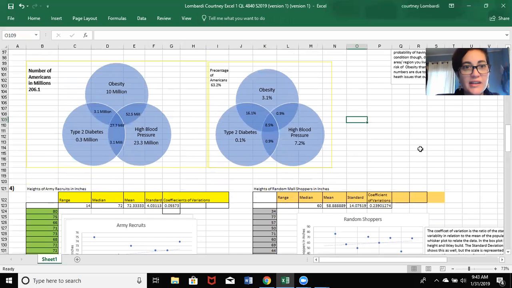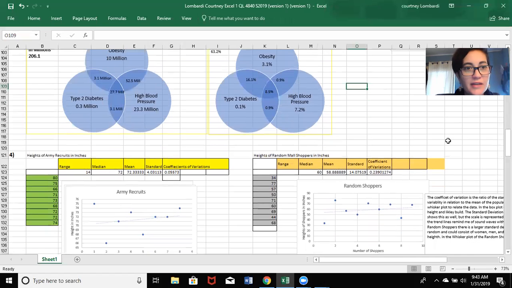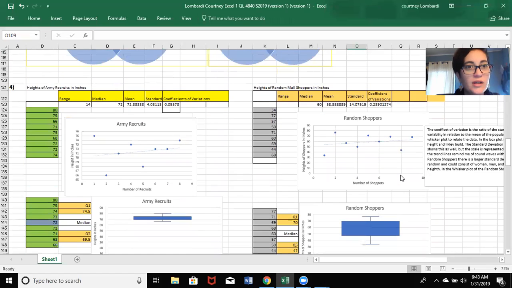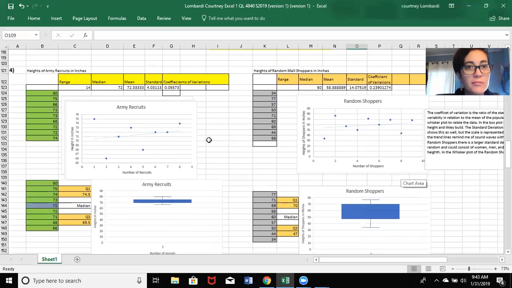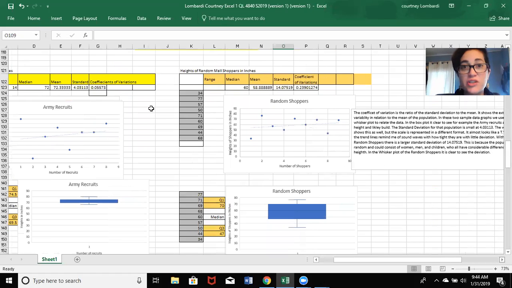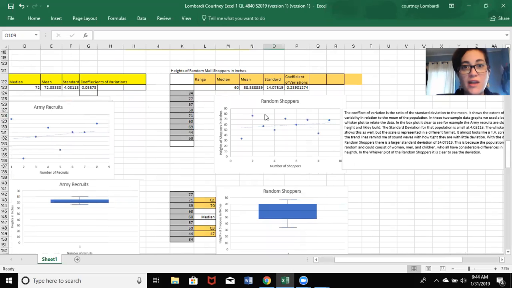So that was fun to do. Down here on Module 4, we did box and whisker charts. This was about heights of Army recruits, and we did these in inches. And this was just random mall shoppers in inches. And so here you had your range, your standard deviation, your coefficient of variations, and this is the information you use to graph these on your box charts. And then down here on your whisker charts,